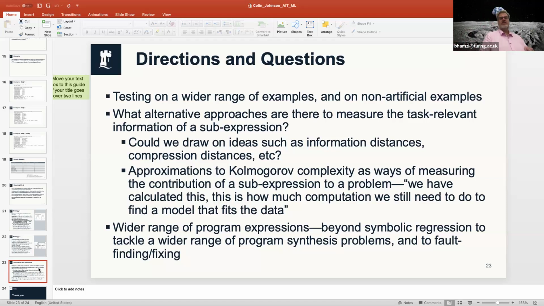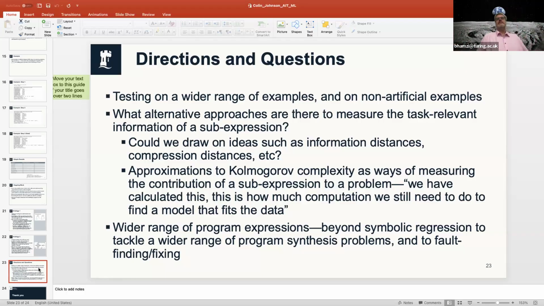I'm interested in alternative ideas for measuring that task relevant information of a sub-expression. Can we draw on ideas like information distances, compression distances, and so on? Approximations to complexity as a way of measuring that. We've calculated this. How much more computation do we still need to do to find a model that fits the data?